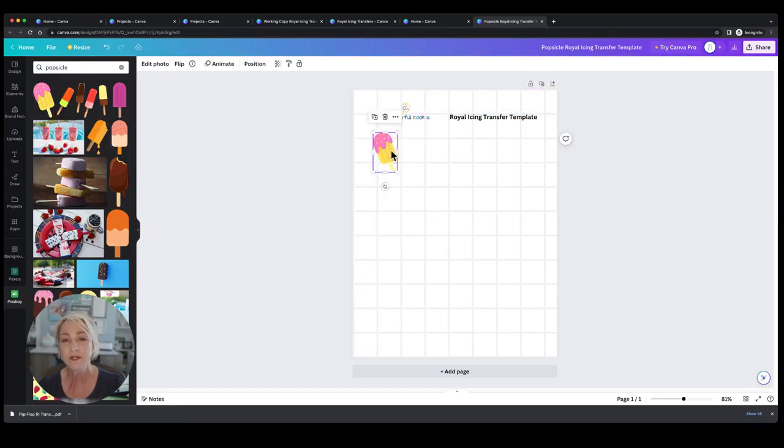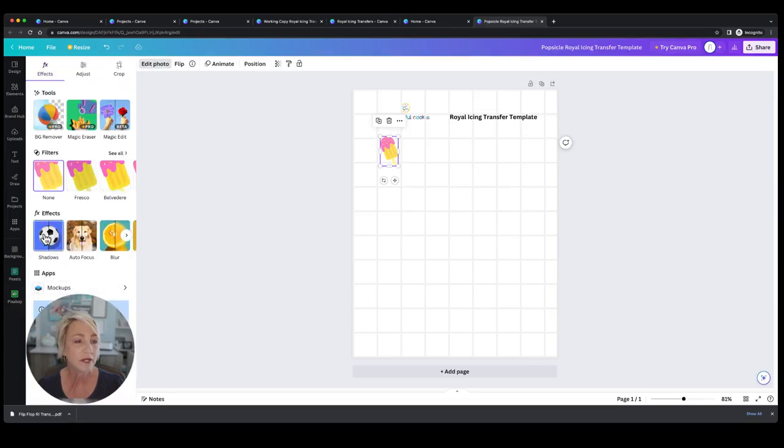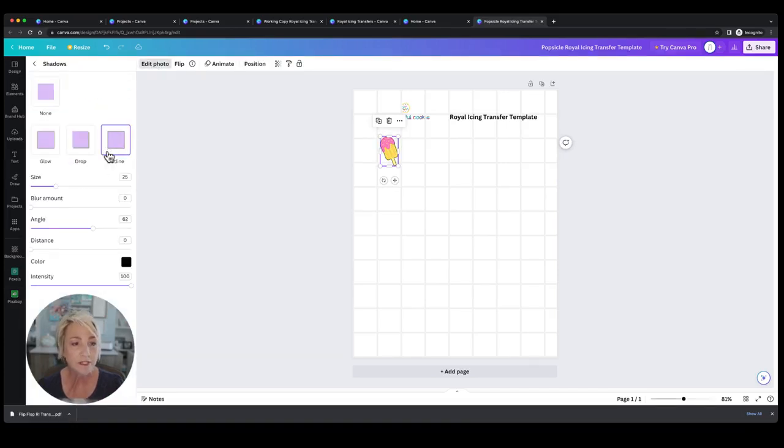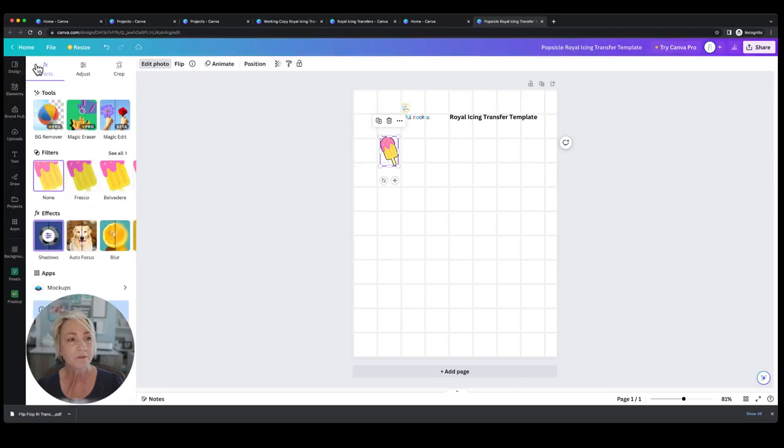Now, this is the one with the grids, remember? These grids are an inch, and I'll show you how I found the grid too. See there, that says 0.9, about an inch. See how that grid is an inch? That's pretty small. You might want it a little bit bigger, maybe you like your transfers small. I am going to click edit photo though, and shadows, because I want that outline around it. And I'm going to bump up that outline just a little bit. Okay, there we go. All right, go back here